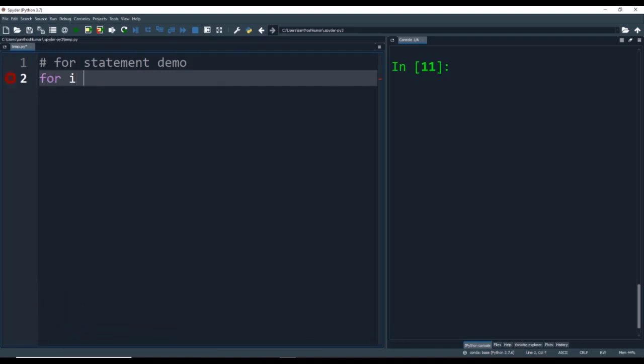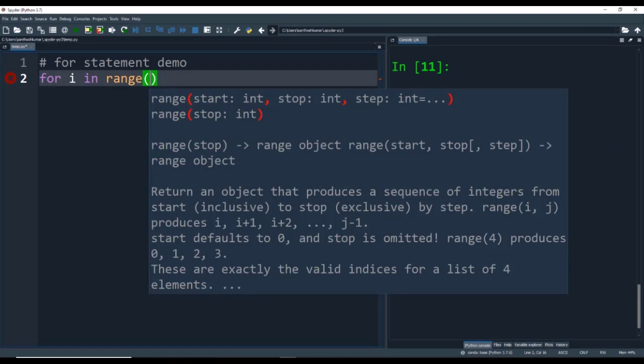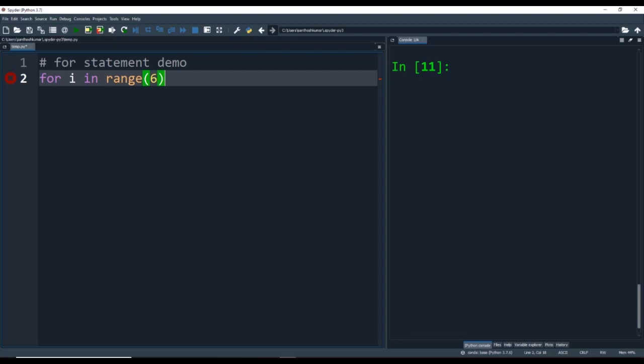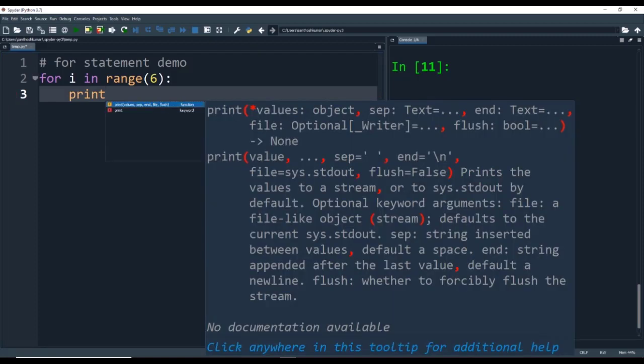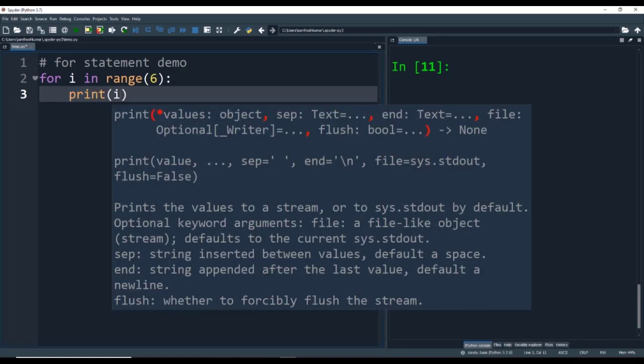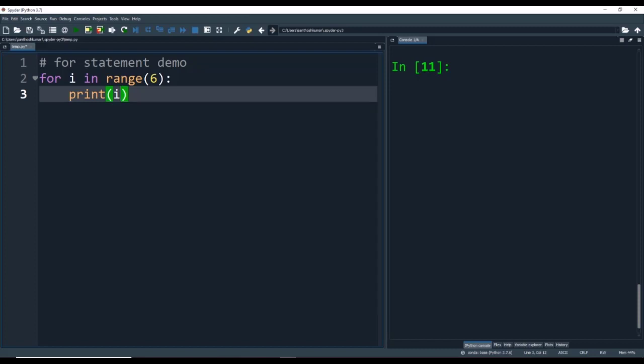So here I am just using for i in range(6). Here the range of 6 specifies the values from 0 to 6, or 0 to 5, I'm sorry, 0 to 5. I end the for statement with this colon, and then I use the print statement below the for statement.